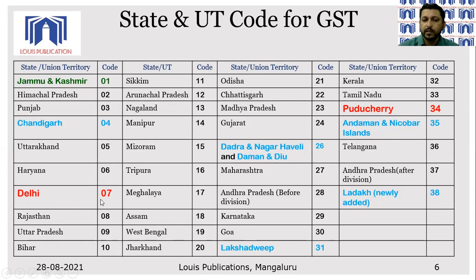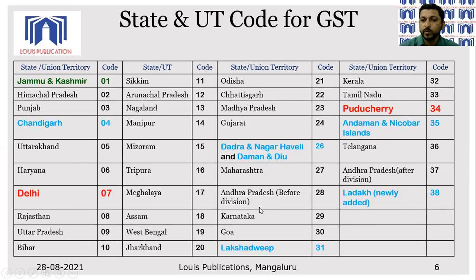In red, we have Delhi. The Union Territory Code is 07, but Delhi is treated on par with a state because we have a Chief Minister and the functioning of other ministers in that Union Territory of Delhi. Similarly, Puducherry, the state code is 34. For Karnataka, Karnataka is a state, so 29 is the state code that we have. Goa is 30, Kerala is 32, Chhattisgarh is 22, Arunachal Pradesh is 12, Punjab is 3, Uttarakhand is 5, Rajasthan is 8, Bihar is 10, Manipur is 14. So likewise, Assam is 18, West Bengal is 19, Madhya Pradesh is 23, Gujarat is 24, Maharashtra is 27, Andhra